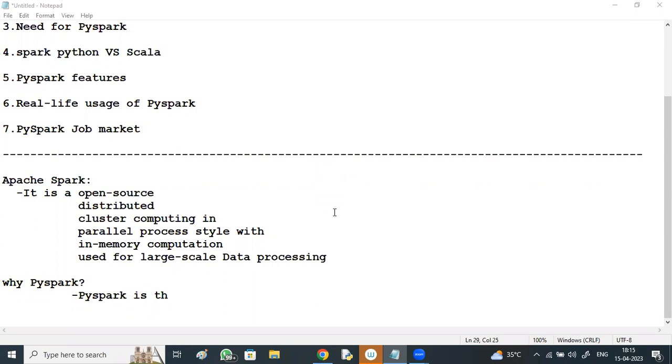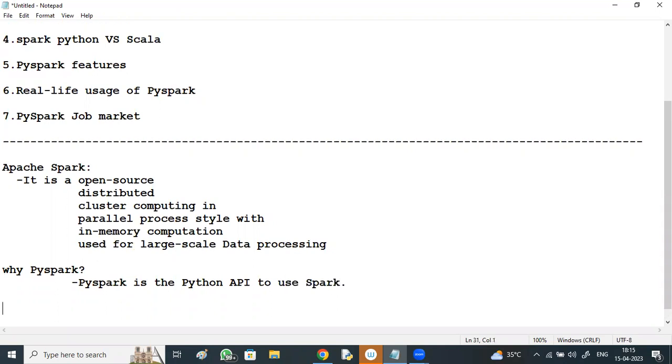PySpark is the Python API to use Spark. Spark is an open source cluster computing system that is used for big data solutions, and PySpark is the lightning fast technology that is designed for fast computation.